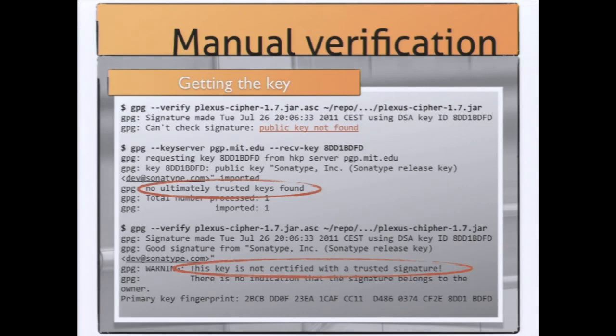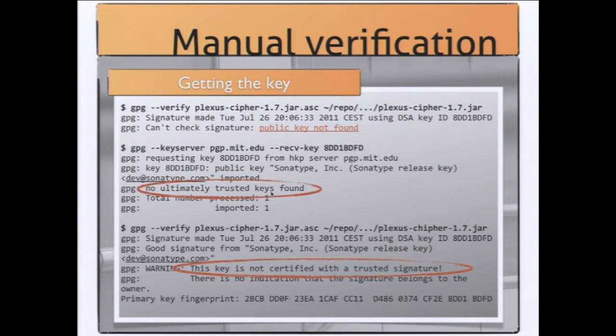Yeah. But we're still not quite there, because we just downloaded a key, and GPG tells us the key is valid in the sense that it checks out with the signature, but I don't trust this key. It's not certified with a trusted signature. It's just some random key that you downloaded from the key server. I mean, anyone can upload a key to a key server. It's an open system. And anyone can say, okay, I'm Sonatype, or I'm Sandermak. It's just a piece of text that's attached to this key. So how can you now be sure that the key that you downloaded also originated from the actual person who